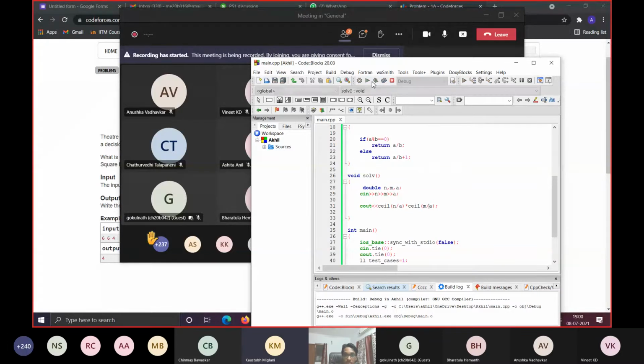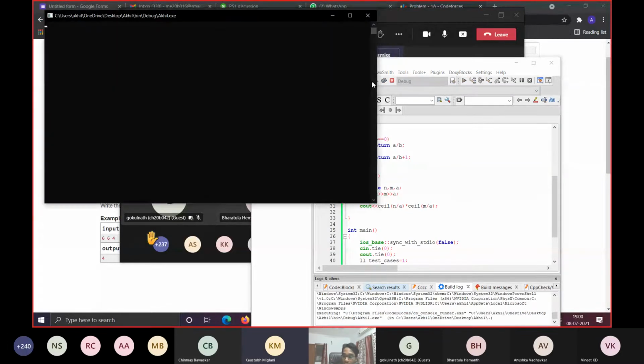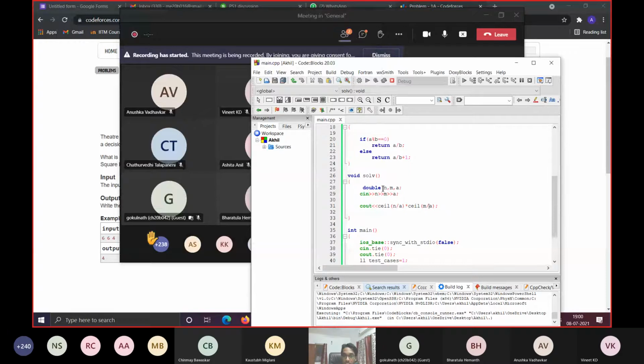For small numbers, it will work perfectly. The only issue is the large numbers, the precision issue, which can't be taken again. So 4 is working. But again, how would you store 10 power 9 in double? Large numbers, double actually goes a lot more than 10 to the power 18. It's not limited to 10 to the power 9.